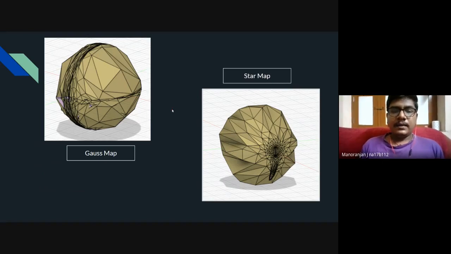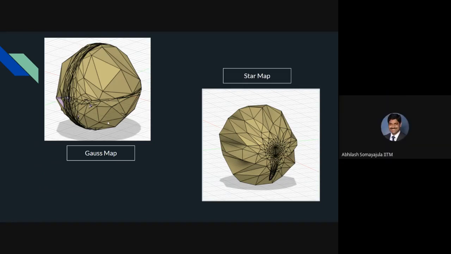But when we are computing the Gauss map or star map, there will be some overlaps which are expected, but those overlaps should be reduced by the subsequent Tutte map algorithm and the harmonic map algorithm. If you think of it in a simple manner, if you put a centroid in that object and project a ray in the direction of the mast of the submarine, you will see that it will intersect the surface at 3 points.